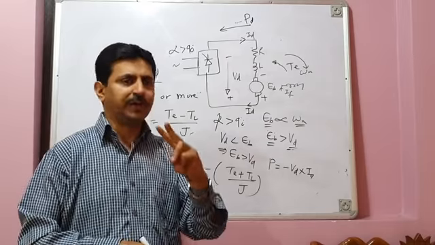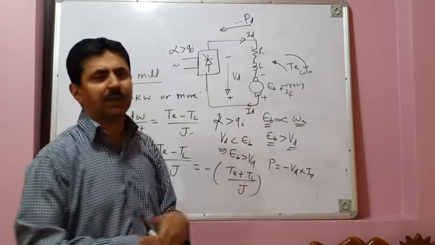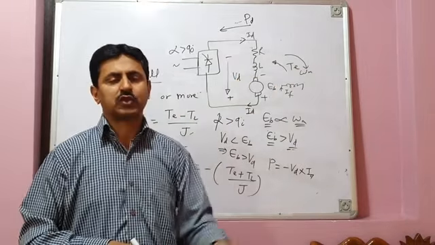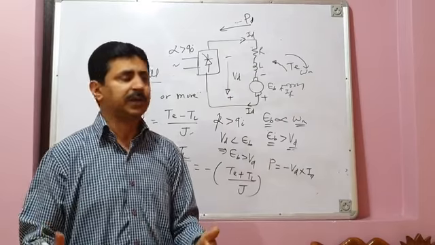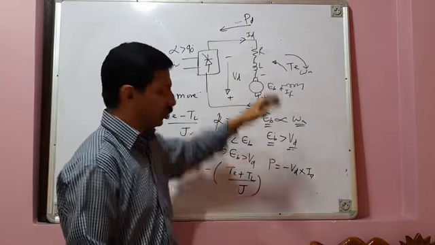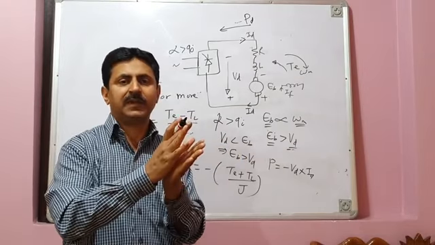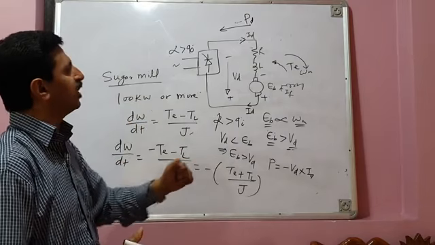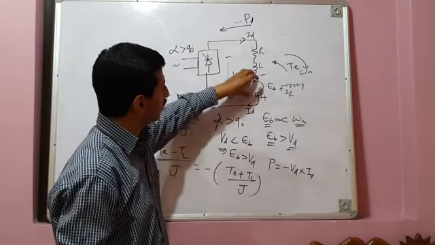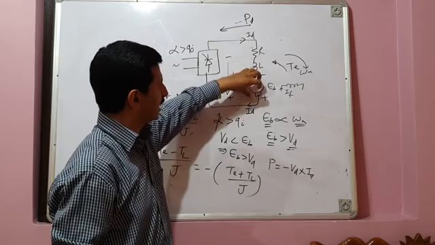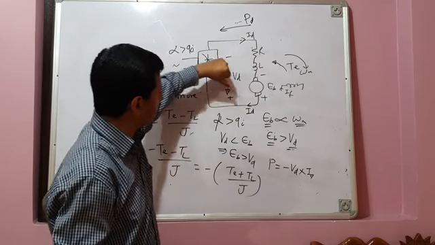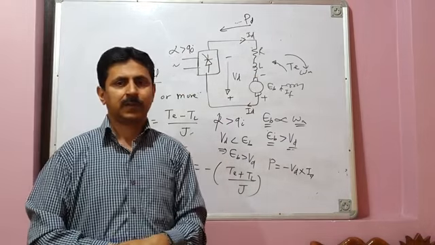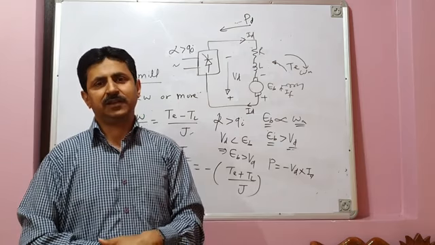So there are two advantages. Number one, you are very quickly stopping the motor, the machine and its connected load, very quick stopping. You don't have to wait for 1.5 hours. And second advantage is that you are not applying mechanical brake and wasting the energy. You are applying electrical braking. What type of braking? Regenerative braking. And in regenerative braking, the machine is operating as a generator, and the braking energy is not wasted, it is supplied back to the source. So there is a lot of saving in the energy.